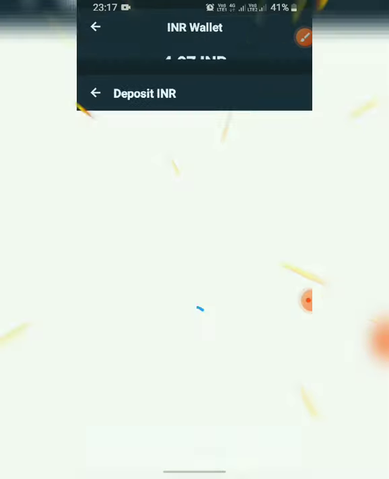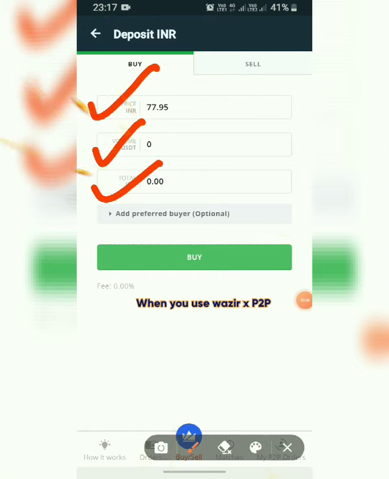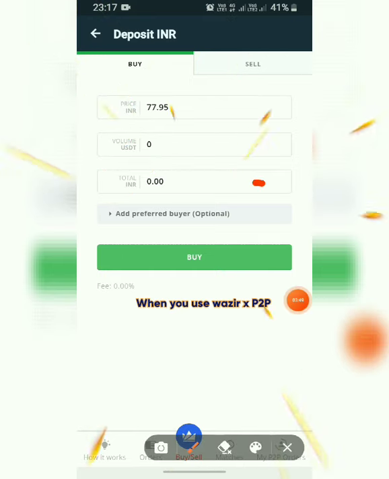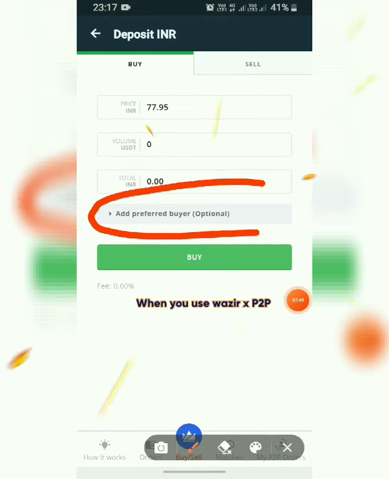In the third method, we talk about WazirX P2P. WazirX P2P is one of the trusted payment methods in WazirX. Some people say that MobiKwik is not transferring the money properly, so you can use P2P. Using P2P is very easy. Click on P2P, and you see three options on the display: first is USDT price, second is USDT value, third is USDT converted to INR.